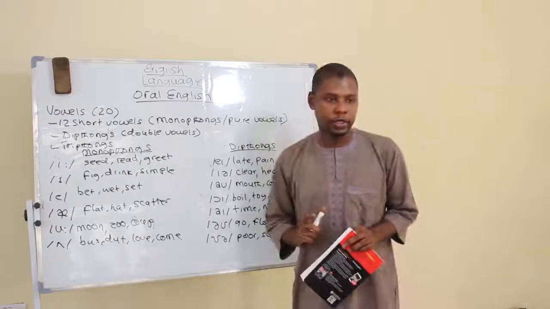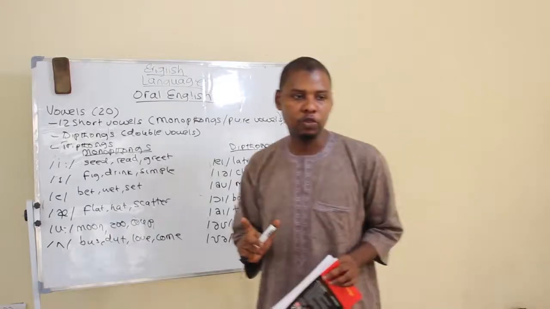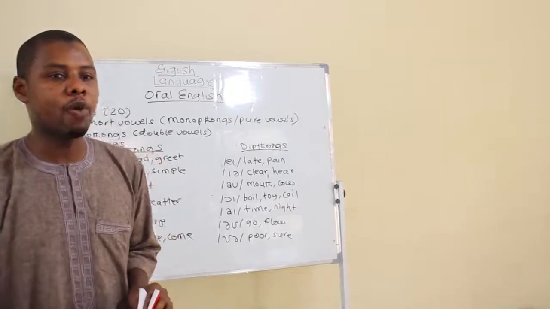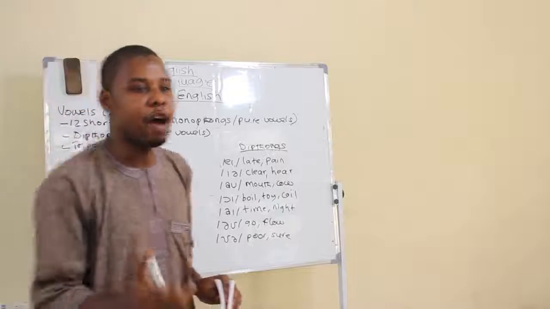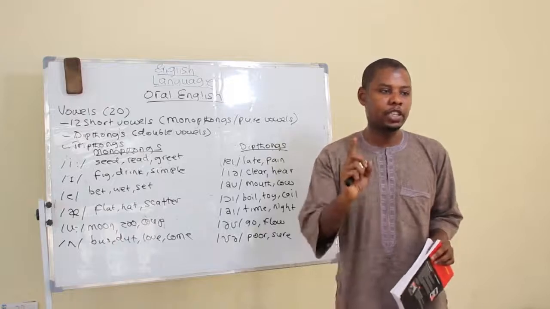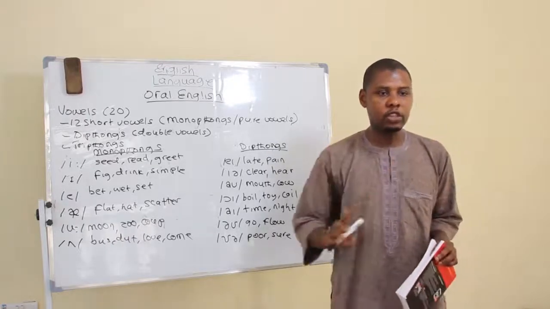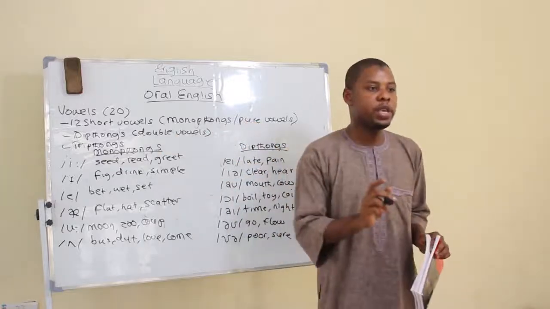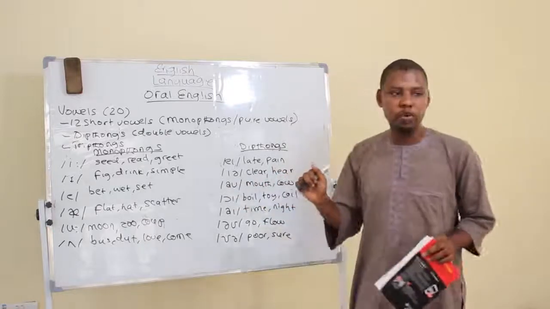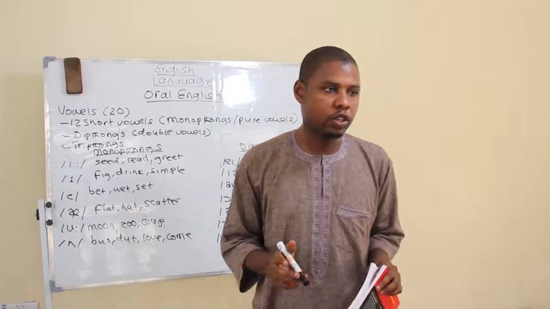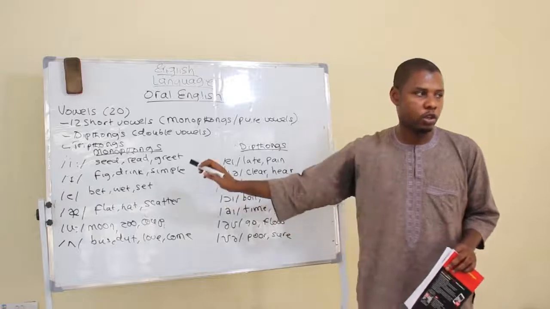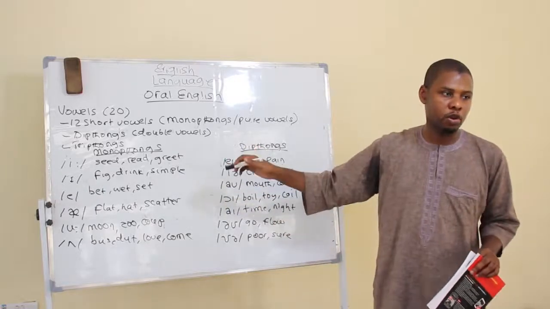Now, what are vowels? First, there are 20 English vowels, divided according to their manner and place of articulation. And as such, these 20 vowels are divided into three. The first category is called monophthongs or pure vowels. The second category is called diphthongs. And the third category is called triphthongs. For this level, we are going to limit ourselves to the two basic ones, which are monophthongs or pure vowels